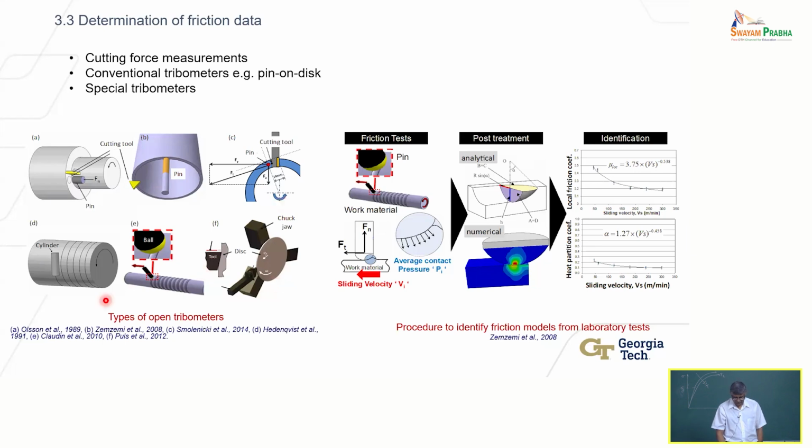So people have developed different types of testing configurations to capture the frictional conditions between the two materials, the tool and the workpiece, and shown that these are more representative of what happens in practice. And so you get better simulation accuracy, okay? That is your takeaway message. There is a lot on this slide in terms of specific methods. That's not as important, okay? What is important is that there are methods for you to be able to use if you have to.